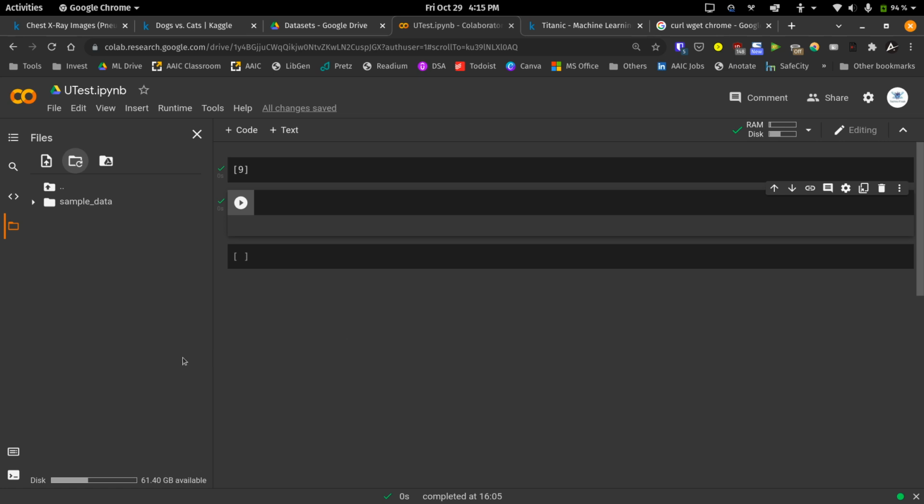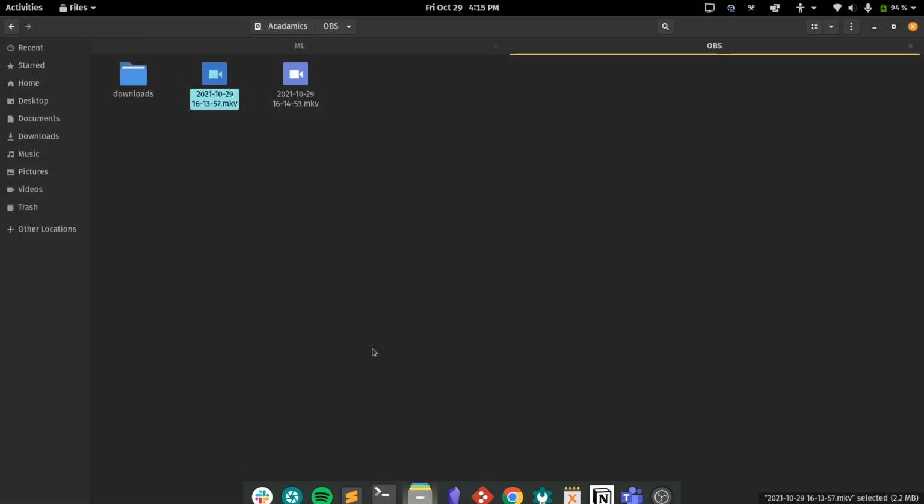So the easiest way is just to right click on your, so I have created a new runtime here which is completely empty, if you can see. I have around 30 GB of disk space left here. This is a sample folder you'll get whenever you create a Google Colab instance. It has some basic toy datasets for your working part. So let's assume I have a small file here